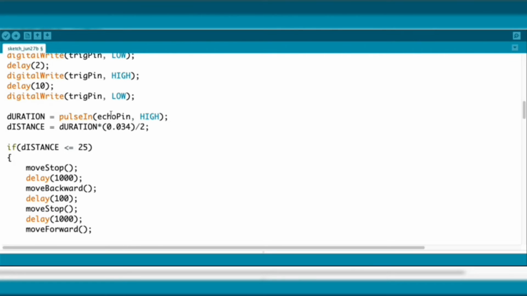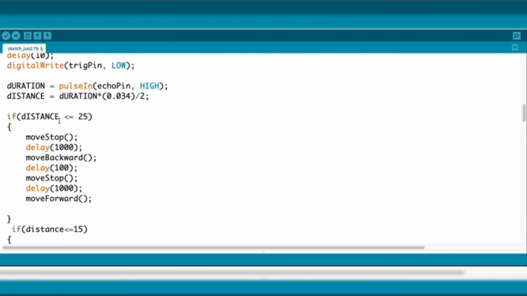So it will store the time, whatever the time is. By using the logic that speed equals distance over time, distance equals speed into time divided by 2. We have calculated the distance of any obstacle.